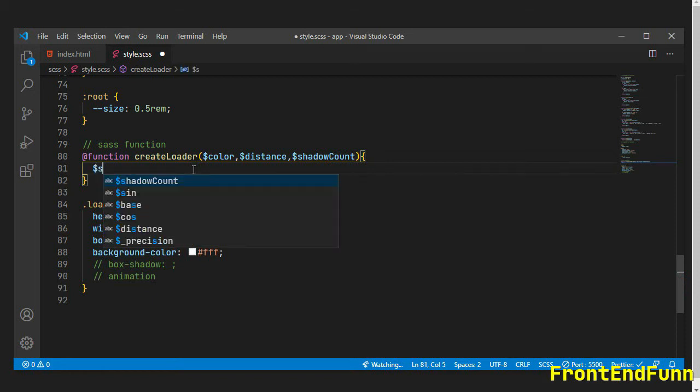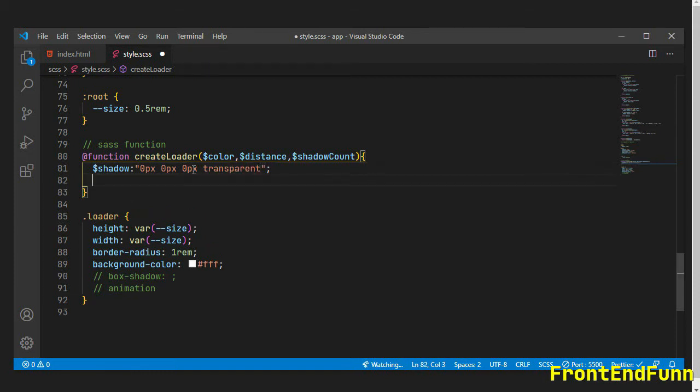First let's create a variable, that is shadow, and it will be 0 pixel, 0 pixel, and 0 pixel transparent. So the initial will be a transparent shadow. Next we need some angle here. So angle will be 360 degrees divided by the number of shadow counts.